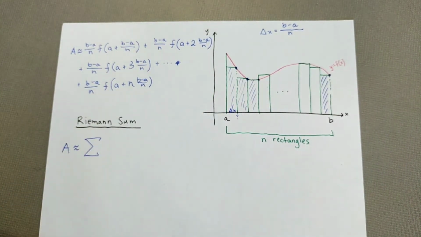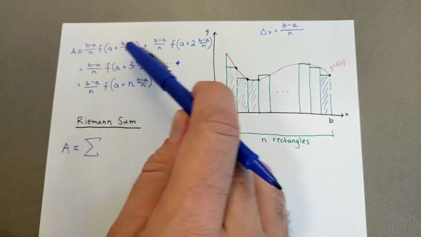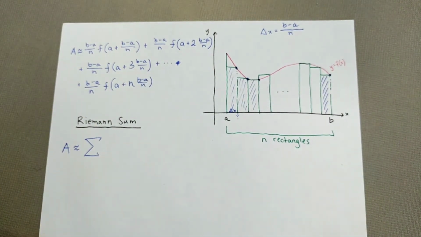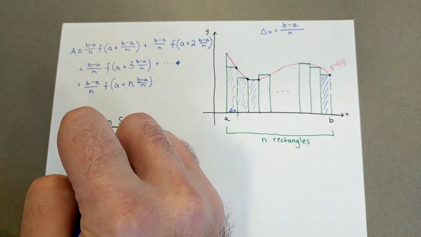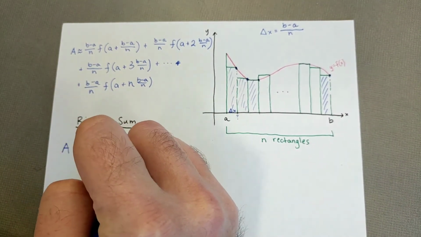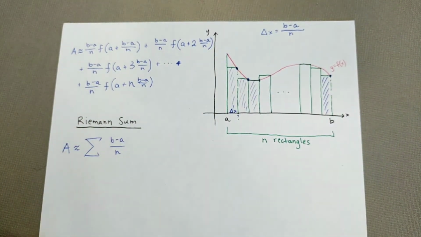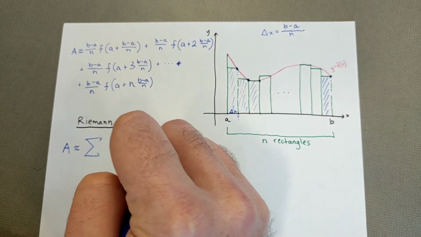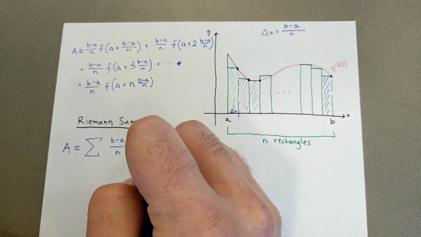I love drawing those, they're fun. The sum of, well, let's take a look. So we're adding up these things every single time, and the structure of each of those terms is very identical to each other. They always have a (B minus A) over N. That's definitely part of it. And then it's being multiplied by f of, and it's always A